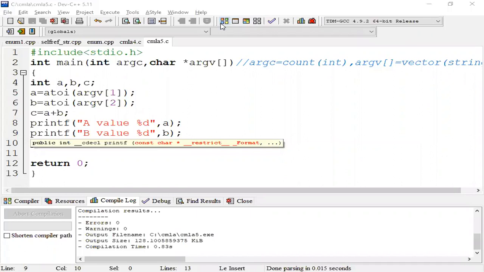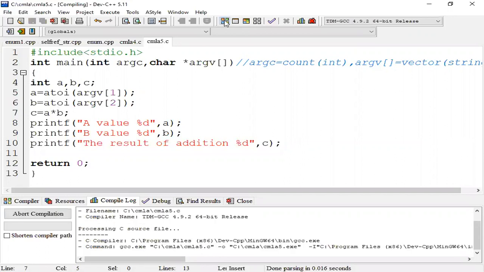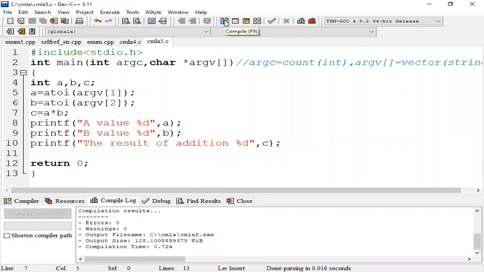Next 2 is also a string that is converted by using atoi and assigned to B. Then A and B are two integer values. So now C equal to A plus B. The arithmetic calculation is completed. Then the addition will be printed. Instead of that, we can perform any arithmetic operations here, not only addition. You can give any type of arithmetic operation. The command line argument is the program name, 2 is a string that is converted into an integer, 3 is a string that is converted into an integer, 2 times 3, 6 is the output.